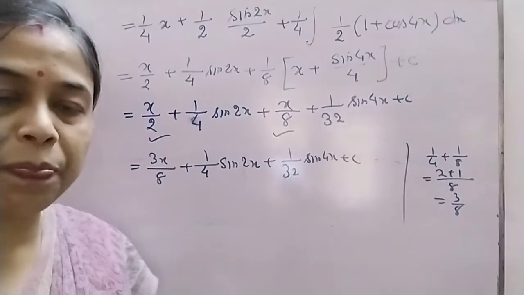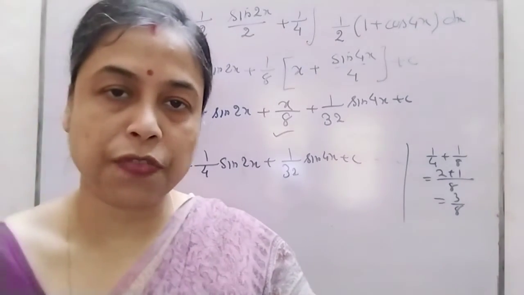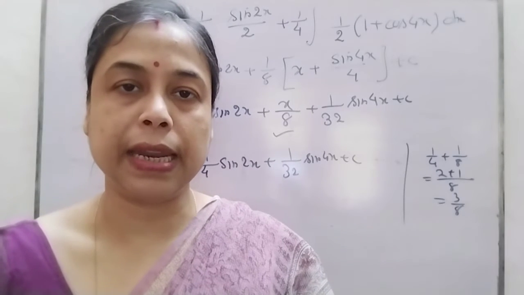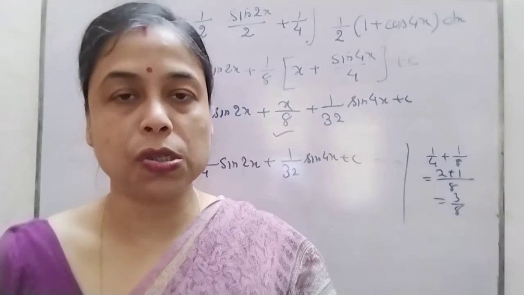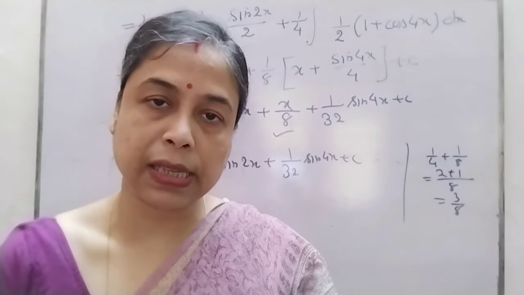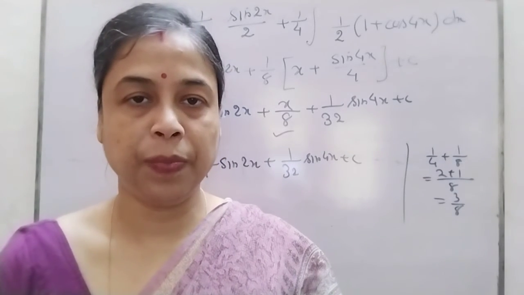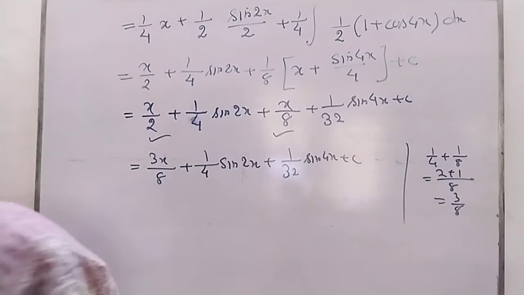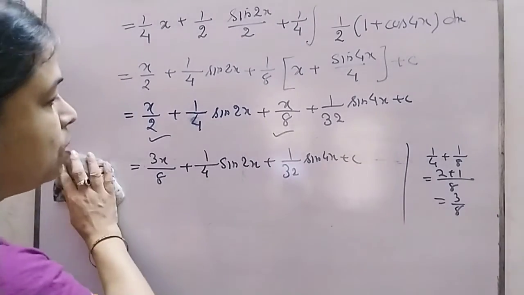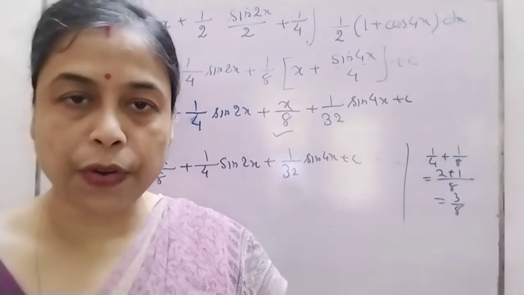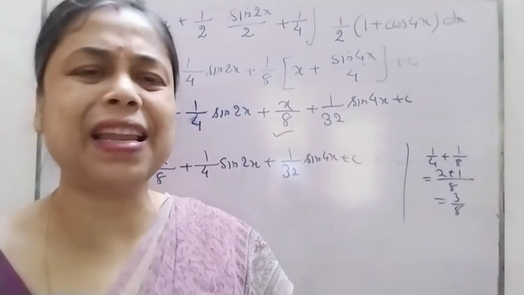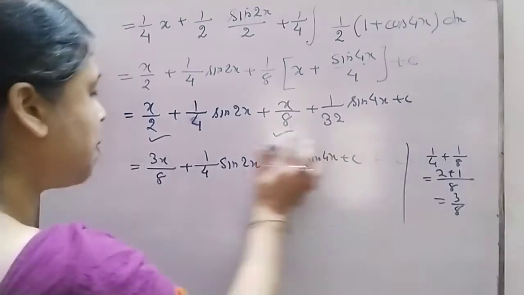So this way we can take the integration of even powers of sine and cos. Even power of sine square, sine to the power 4, cos to the power 4, sine to the power 6, cos to the power 6 and so on. Okay. Now I go to the odd power. What about the odd powers of sine? This way you can try to complete the rest. That is sine to the power 4, sine to the power 6 and cos to the power 6 and also the even powers. Up to 6 is sufficient.